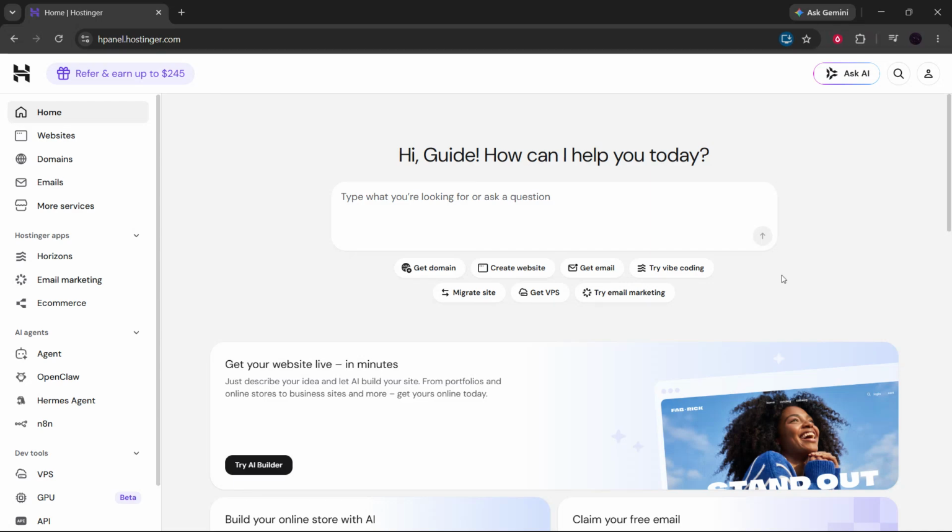If you want to edit a website in the Hosting a Website Builder, this tutorial will walk you through the entire process step by step, from opening the editor to updating your pages, changing your design, and publishing the final changes live. By the end, you'll know exactly how to make edits quickly and confidently, even if you're a complete